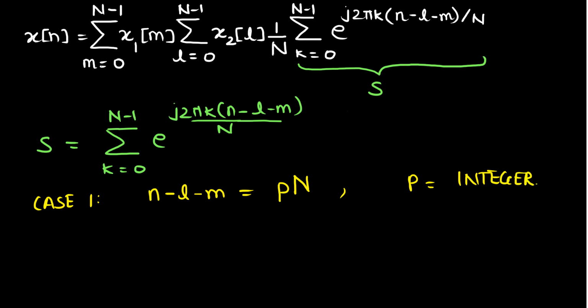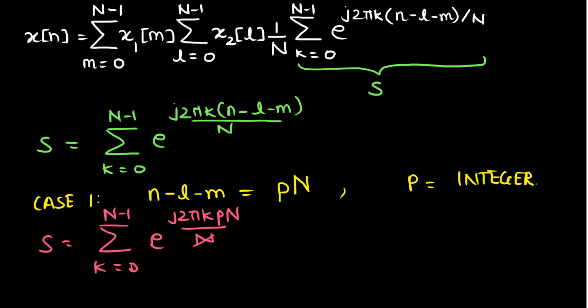So if we substitute this in this expression of s, so we have s is equal to summation k running from 0 to N minus 1 e to the power j 2 pi k into p into capital N divided by N. So this N gets cancelled, which is equal to